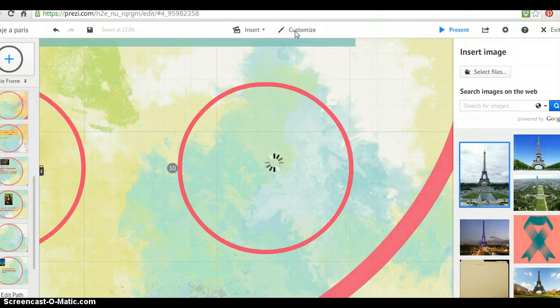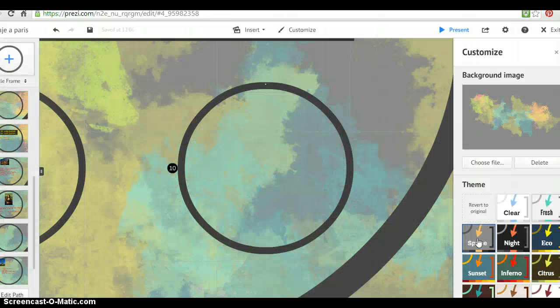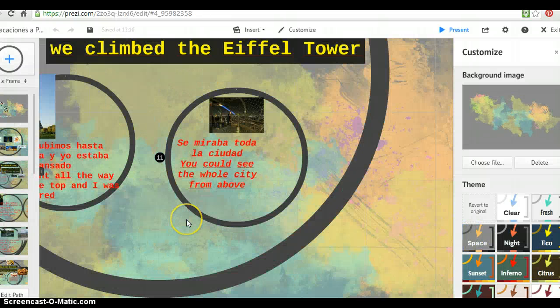And I'm going to go ahead and, you know what, I'm going to customize a little bit so it's a little darker. And our yellow can be seen a little clearer. So I did that. And here you have one already filled out for you. And it says, you could see the whole city from above. Se miraba toda la ciudad. The color scheme works better also with the yellow on the top there, and we changed the font a little bit. So now that we have one sample,